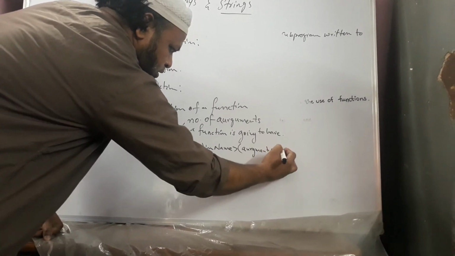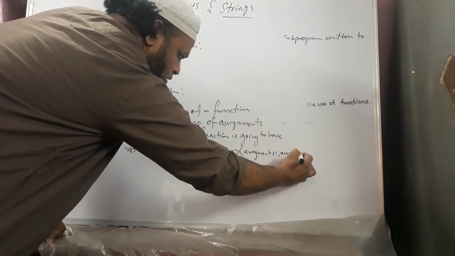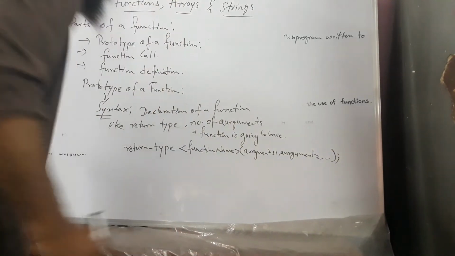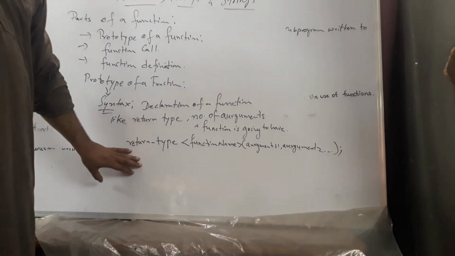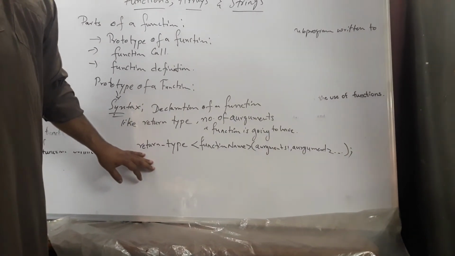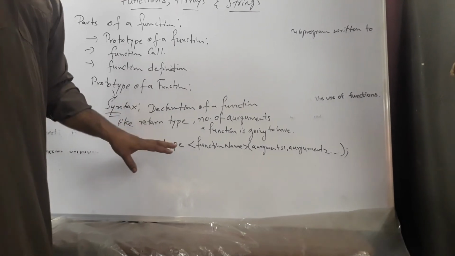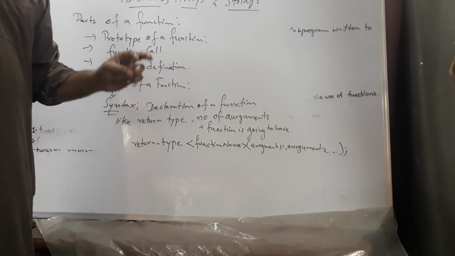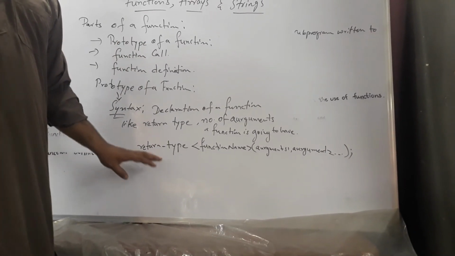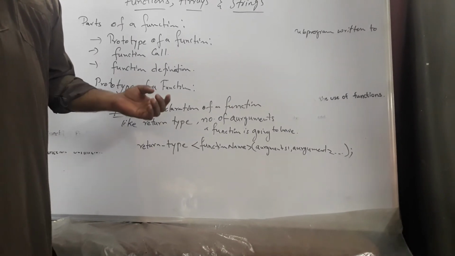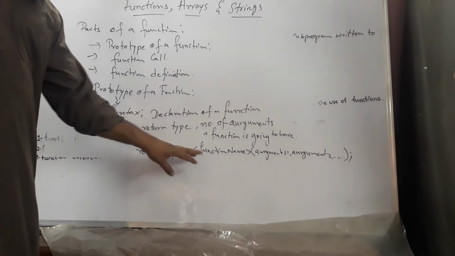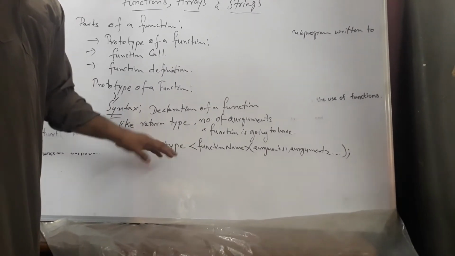Argument 1, argument 2, and so on. So here return type means whether the function is integer type, float type, or double type, because the function can be an integer, a float, or a double. It can't be a character, because the data type contains 4 primitive data types: integer, character, double, and float. So if we are going to have an integer return type of a function,